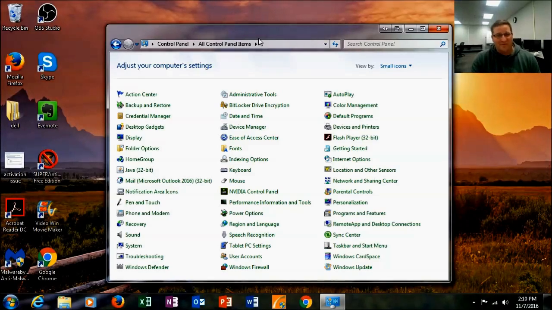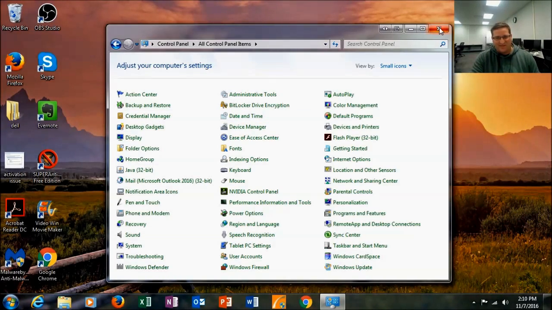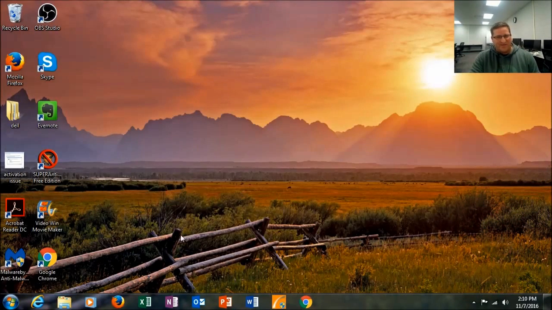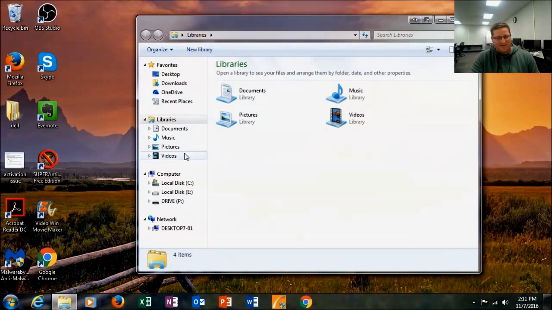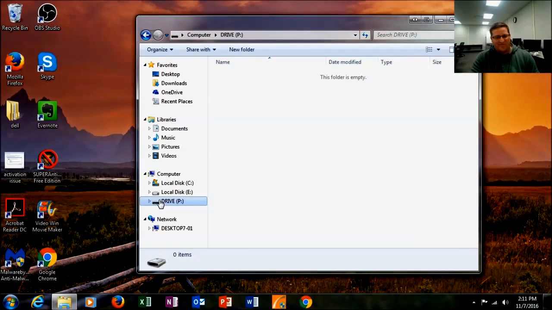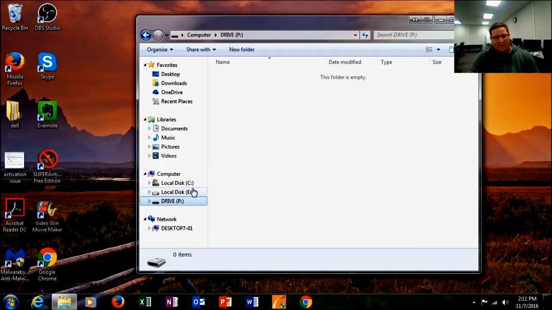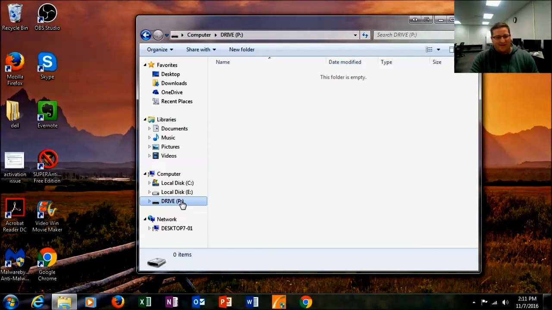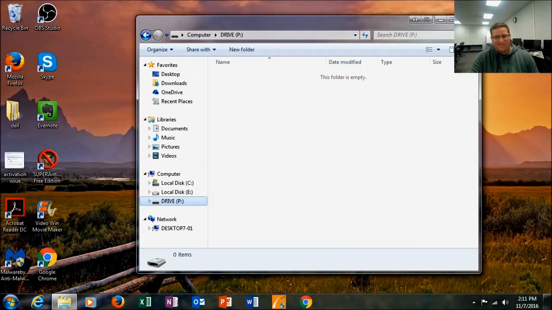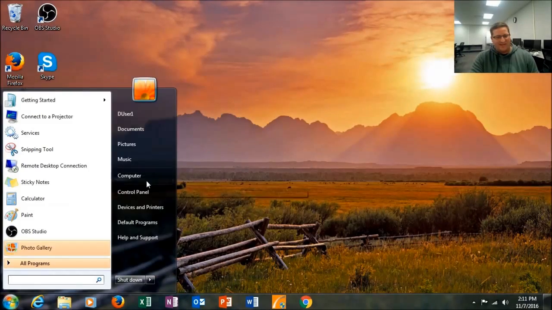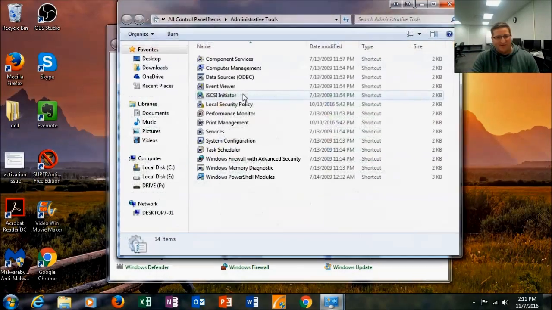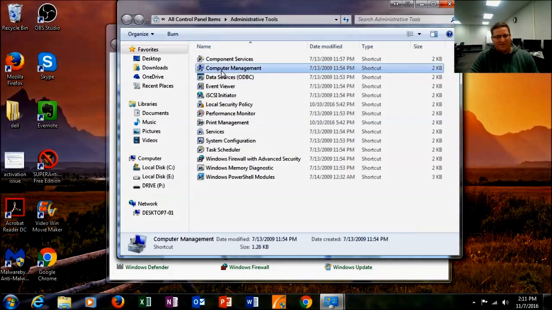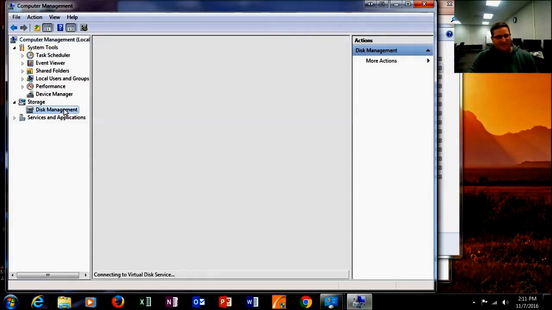One of the next things that is really common in Windows is drive letters. So when you go to your Windows here, you're going to see this drive letter. This is your removable media, it is P. For some reason, in many cases, Windows doesn't like to assign any drive letters above G, so it could be an issue from mapping that drive letter to your USB device. How you fix that is you go to your control panel, administrative tools, go here to your computer management, go to disk management,